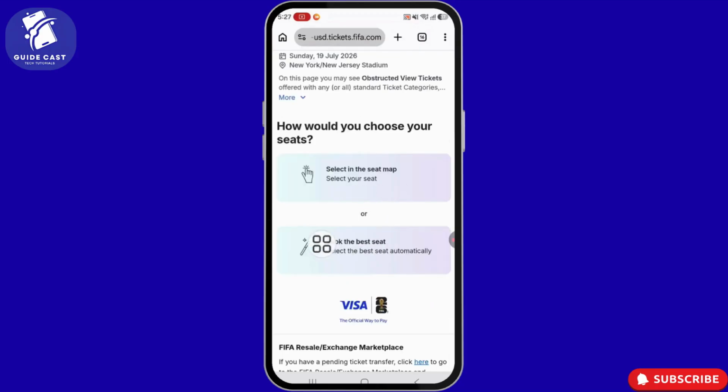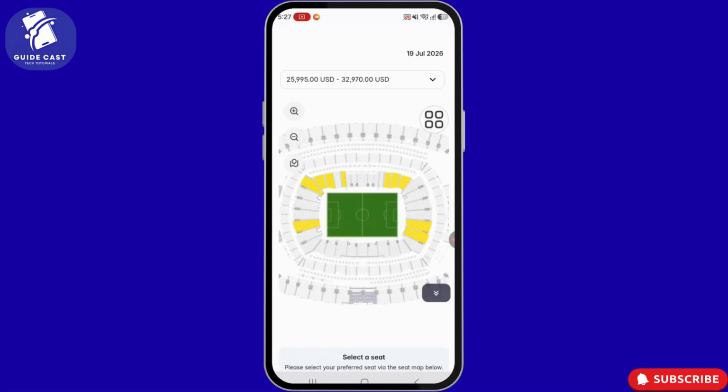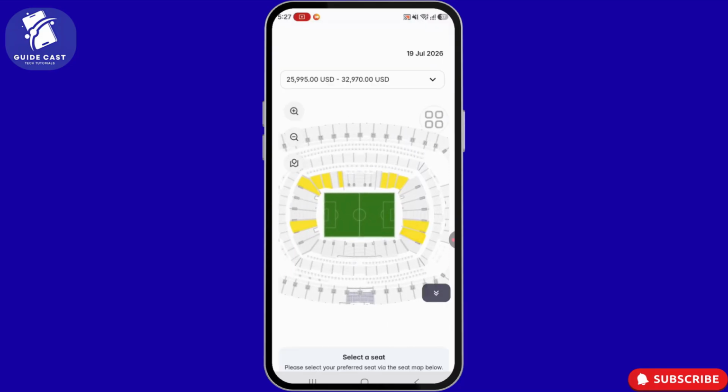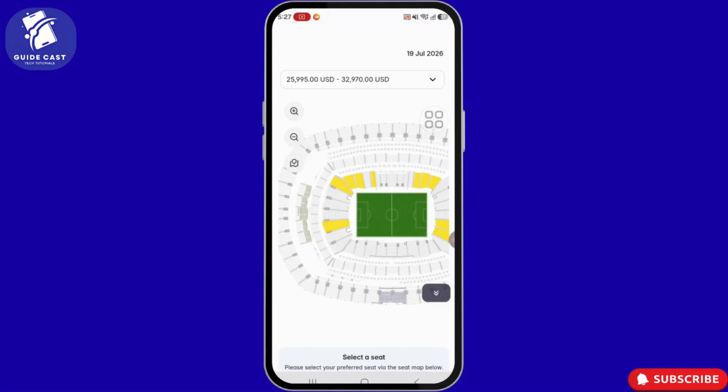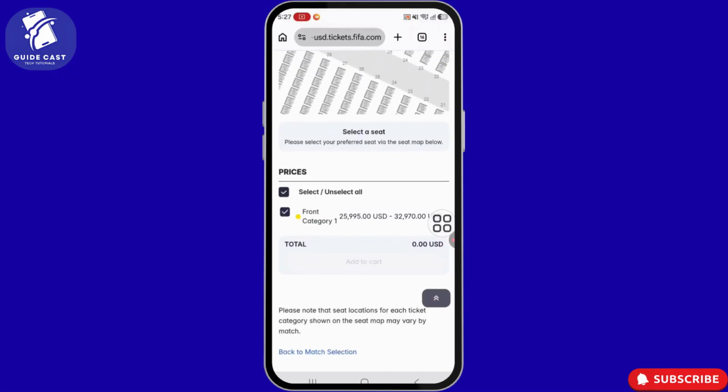Here, choose your preferred ticket price tier or seating category from the options shown. Then select the number of tickets you want to purchase. Make sure to stay under the 4 ticket household limit for the match. Now tap on the Add to Cart option, then enter your payment details and billing information to complete the secure checkout